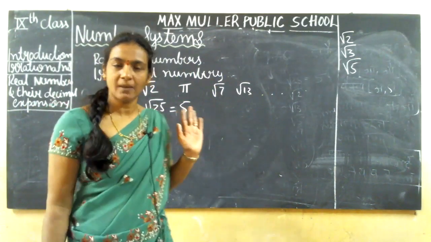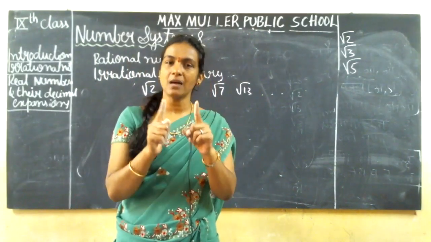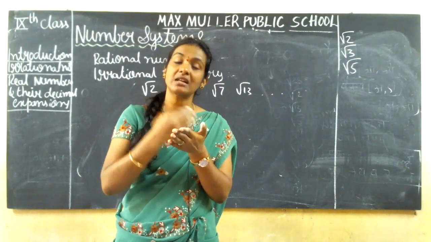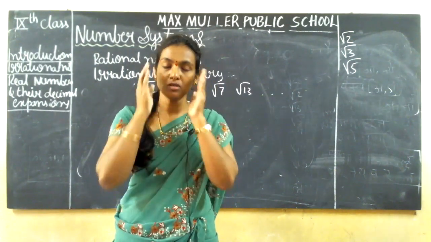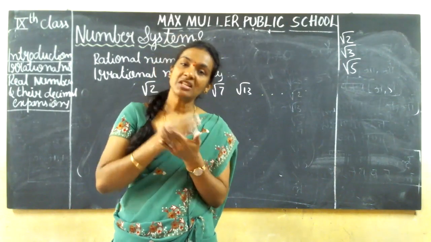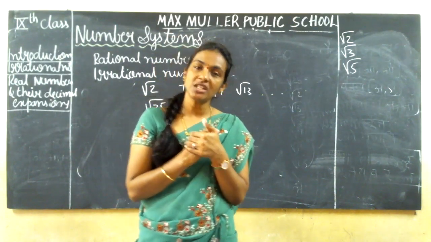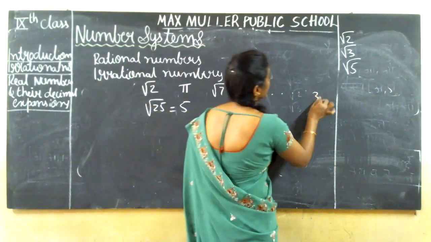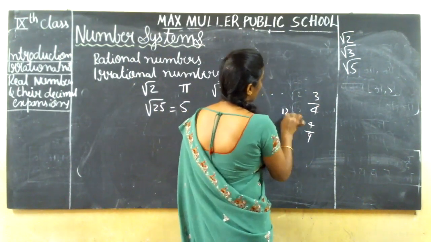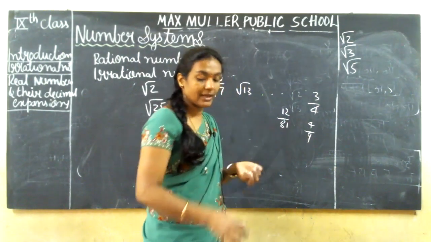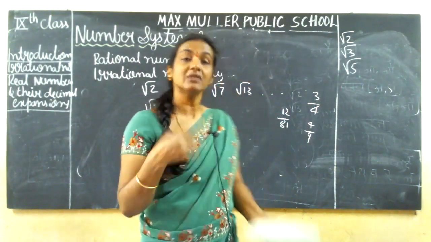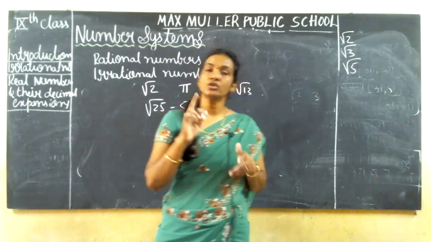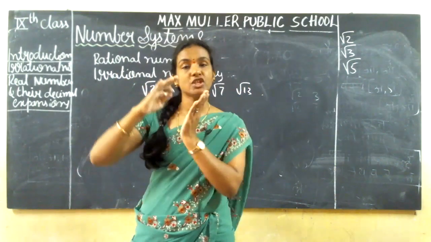Are you clear, guys, this much? In the exam, you might get a question like differentiate or find out whether the numbers are rational or irrational numbers. You have to concentrate on this. Okay. Rational number definition is what here? The number which can be expressed in the form of P by Q. It is not compulsory that every number you get is like 3 by 4, 4 by 9, 12 by 18, not like that. You can get only natural numbers also, but you have to check whether you can express it in the form of P by Q or not. So the number which can be expressed in the form of P by Q, and Q is not equal to 0.